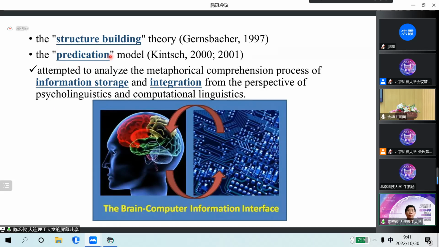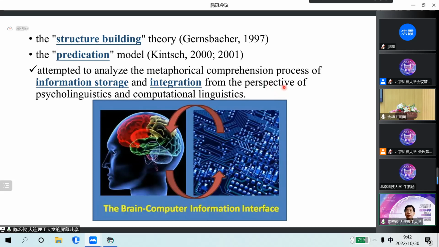One is the structure building theory by Gernsbacher, and the other is the predication model by Kintsch. Both of them address information storage and integration. Of course, these two theories and models address the comprehension of metaphor. The structure building theory is more from psycholinguistics, and Kintsch's predication model is more from